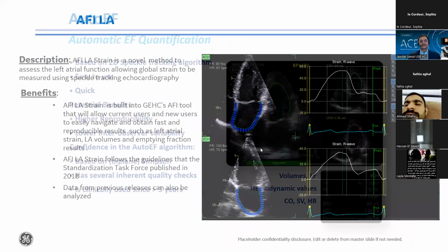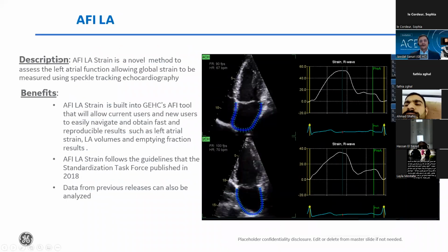Likewise for the left atrium, we have AFI for LA. Again, for the LA, we can take 2 views, the 4-chamber and the 2-chamber. For the LA, we have to make sure that we have the maximum LA length. So even if the apex of the LV is foreshortened, of course, that's okay, because we are trying to capture